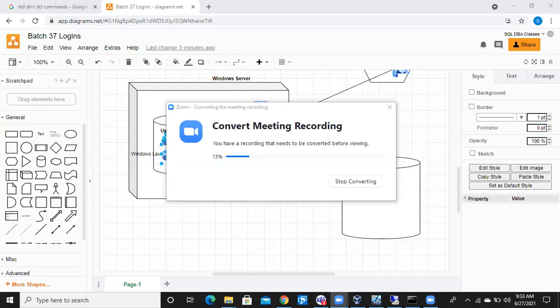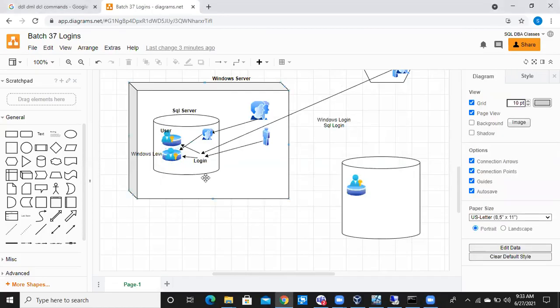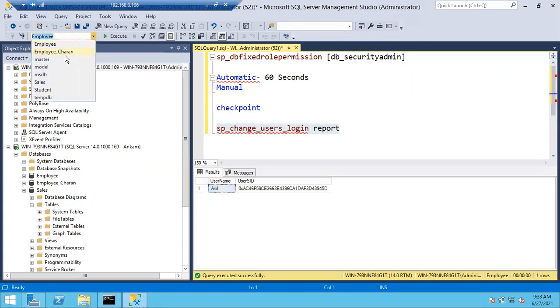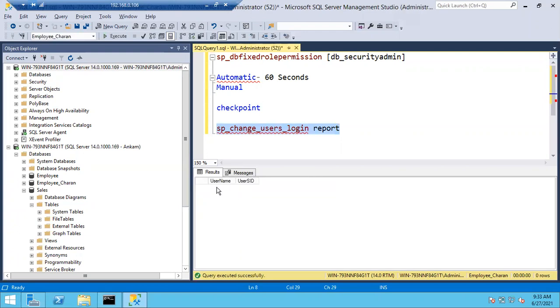Okay. So if we complete this orphan users concept, we can complete the security. Now if you go and check the orphan user, you can see Anil on the sales database. As Anil is a member of employee also, if you run this query on the employee database, you can see Anil as an orphan user in the employee database also. If you run it on other databases, Anil is not a member of any other database, so simply a blank will come, no orphan users are there. Like this it will work. So now we got the orphan user issue.